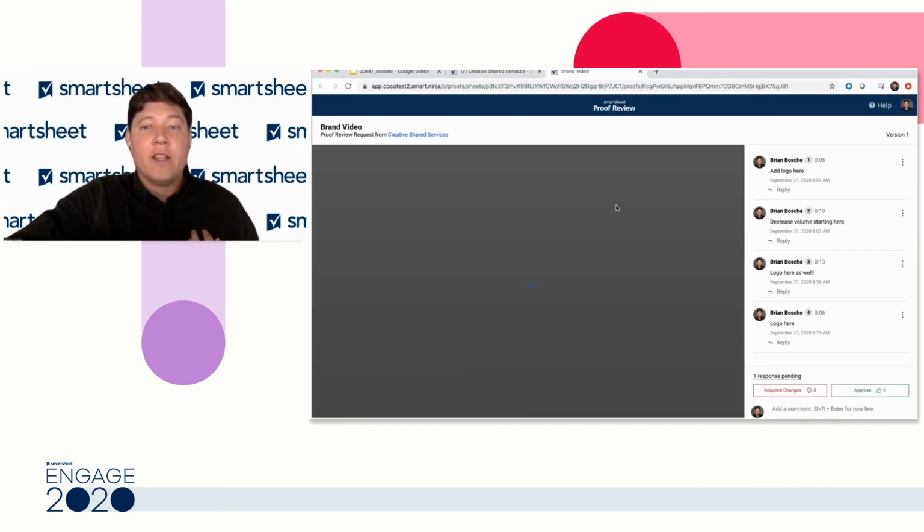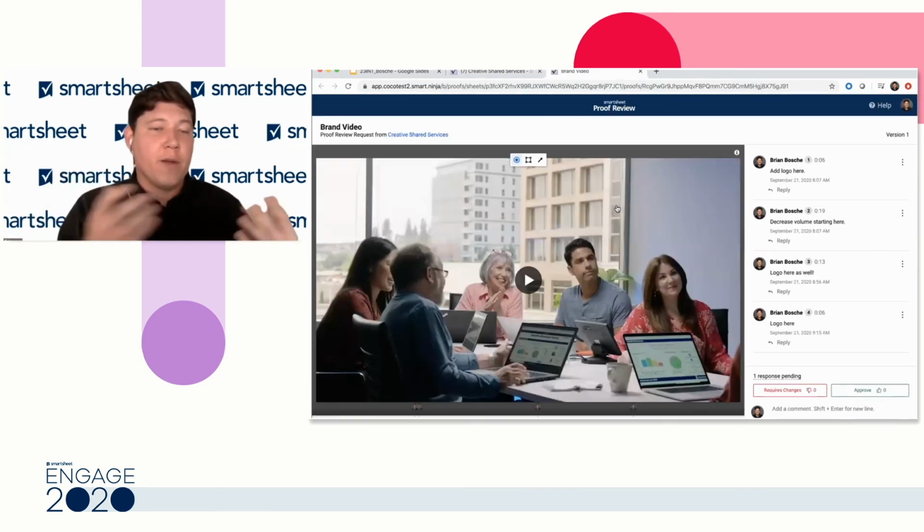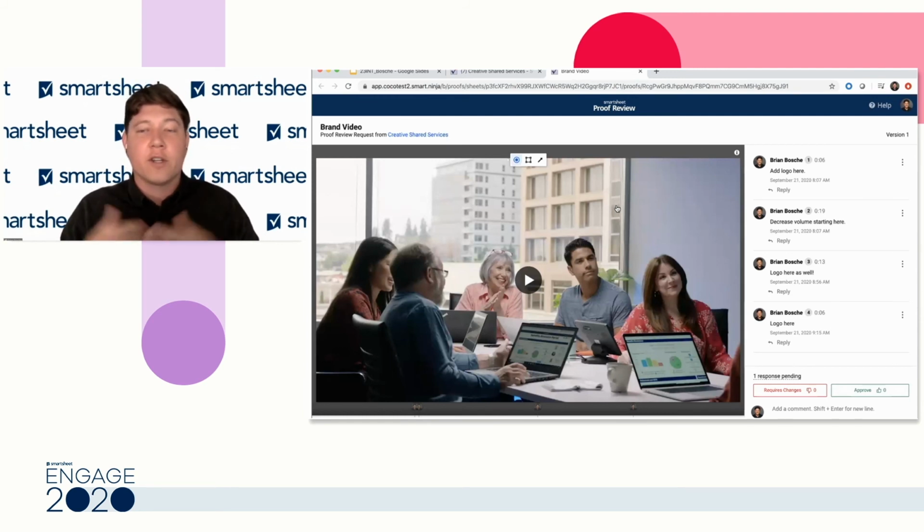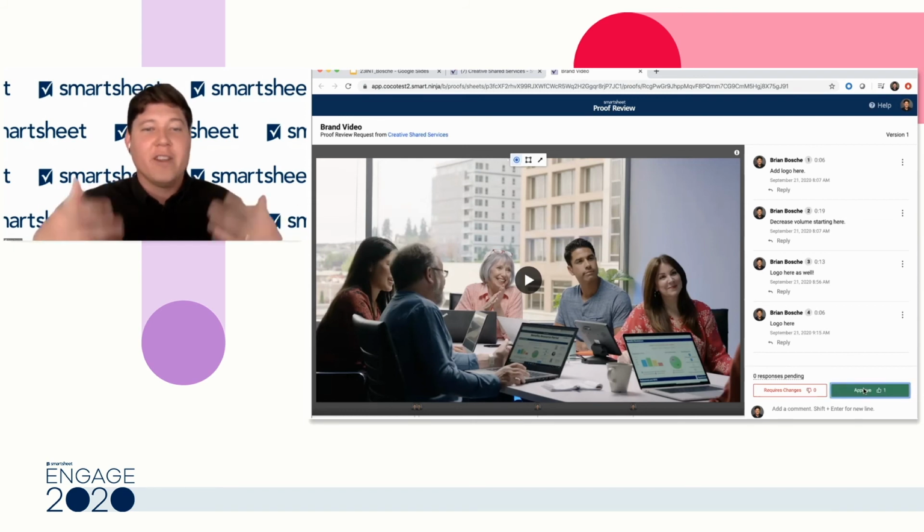where they can easily see the asset, whether they're on a mobile, tablet, or their desktop, so it works across devices, and then participate in this review and approval process to then give ultimately the approval that you want. So this is a great way to really collaborate with those internal and external stakeholders across your organization.